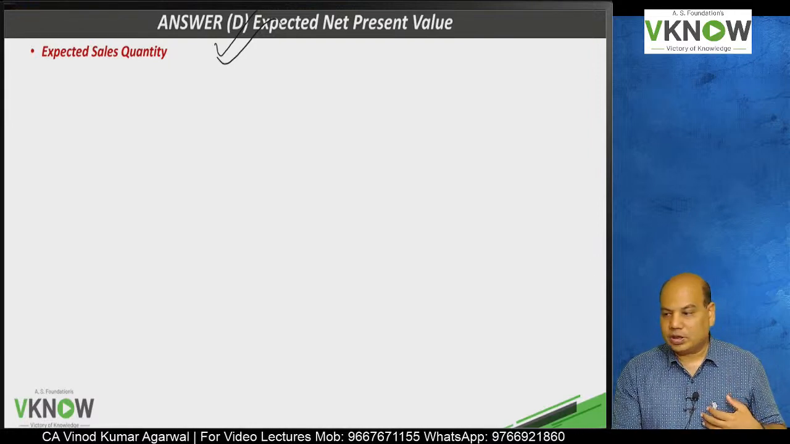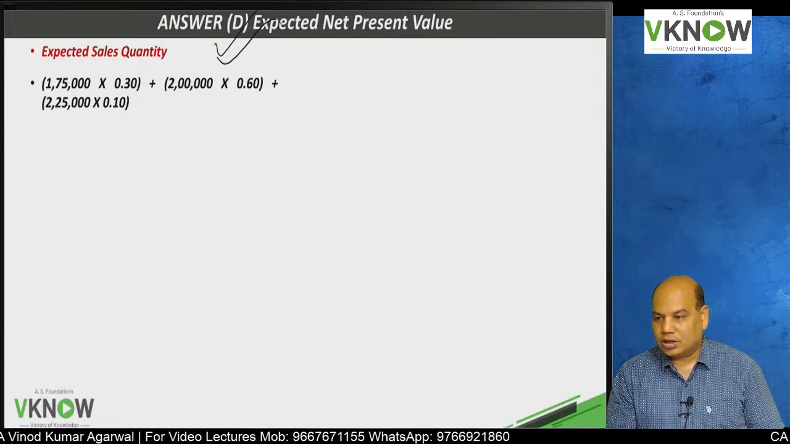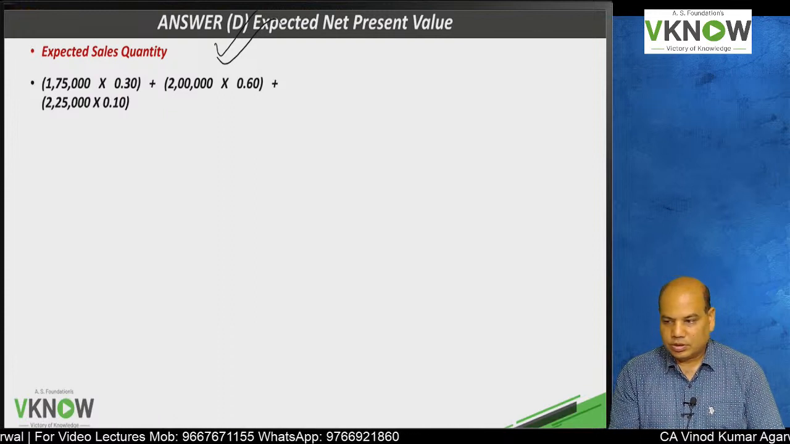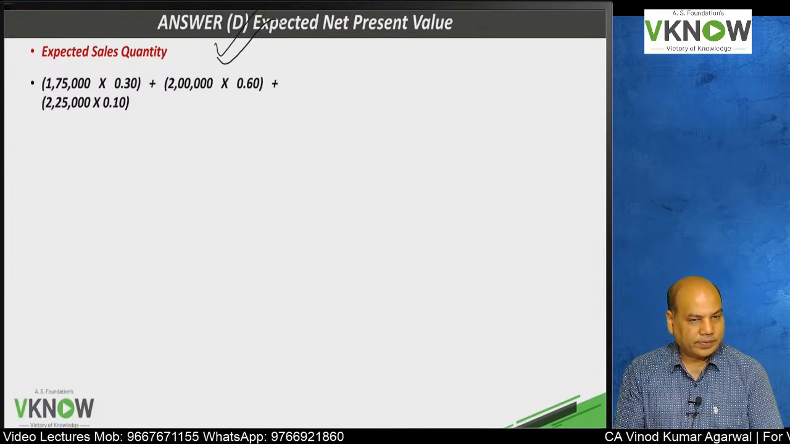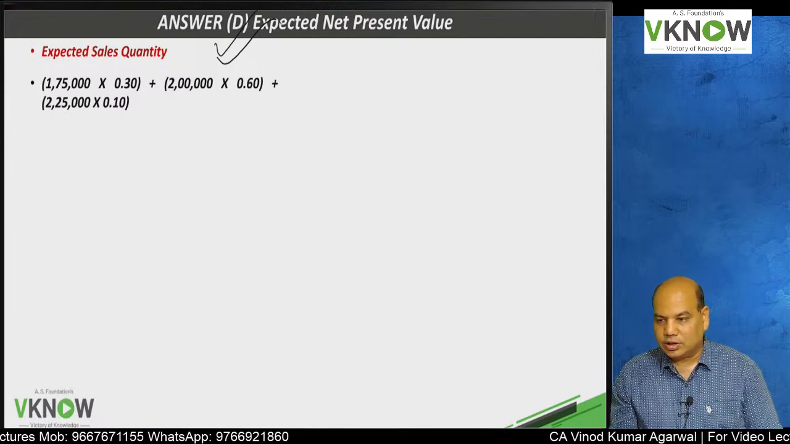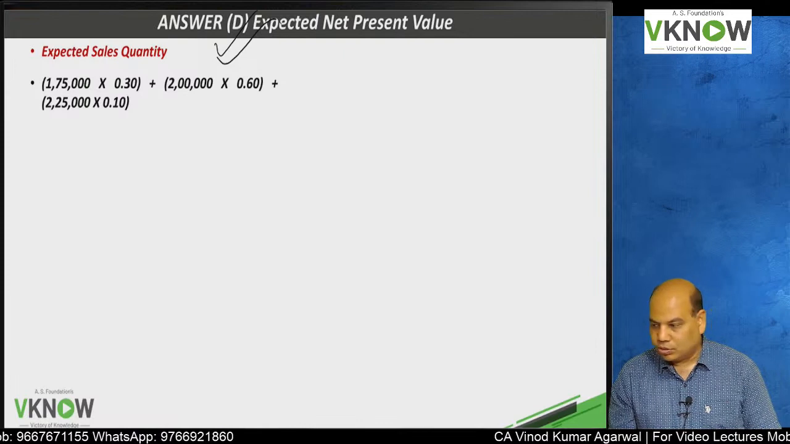Answer of last part, expected NPV. Under expected NPV, first you need to find expected sales quantity. Write down expected sales quantity is equal to